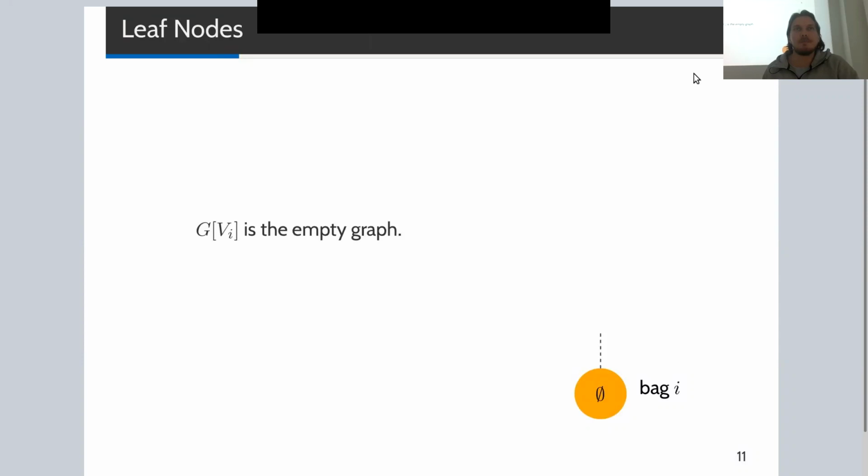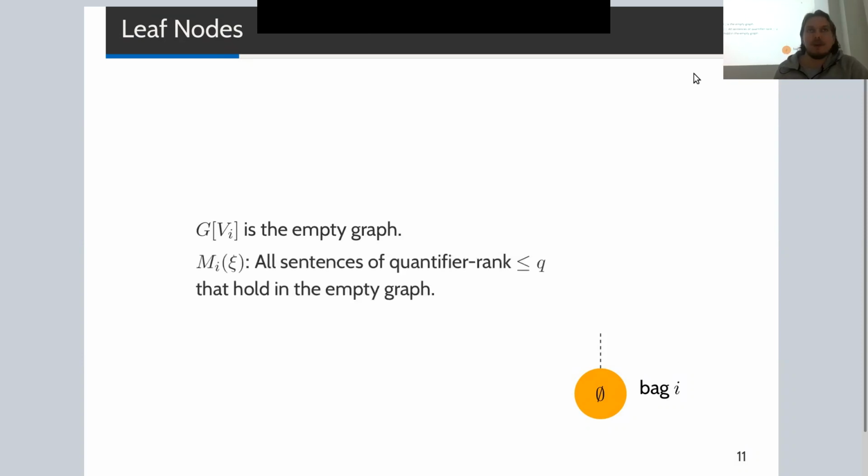And for the leaves, this is pretty easy because the leaves are empty and we have no free variables. So the graph that we evaluate on is simply the empty graph. And then our record MI for a leaf I would be simply all sentences with quantifier rank q that hold on the empty graph. Usually we would have formulas psi of x1 to xk, but now with no variables, it's simply psi without any free variables. So it's sentences, and of course we can evaluate sentences on the empty graph. This is pretty cheap,